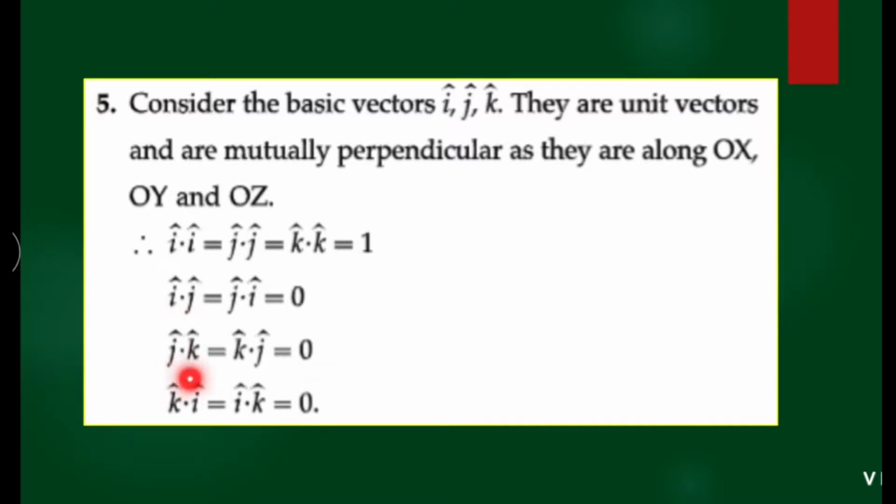Similarly, we write here j dot k. So the angle between the y-axis and z-axis is again 90 degrees. So similarly, for the product of j dot k cap, and k dot j cap, we get 0. So in this property, you remember, if the scalar product of like vectors is calculated, then it must be equal to 1. When we calculate the scalar product of two unlike unit vectors, their scalar product is always 0.